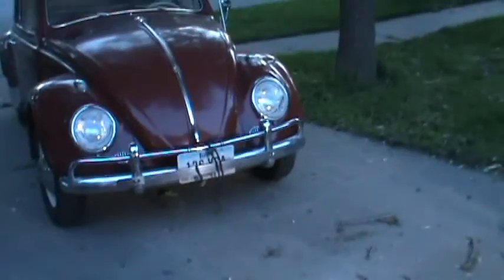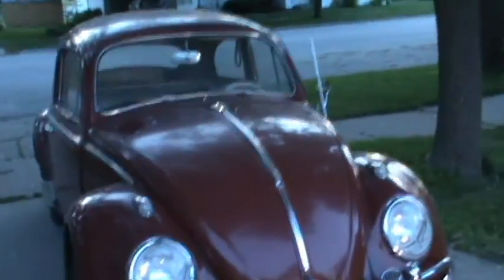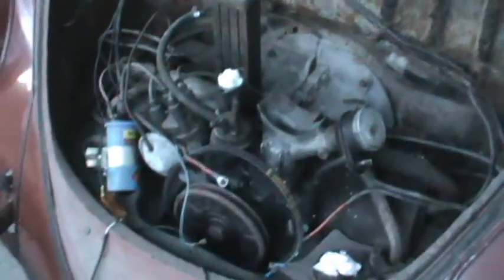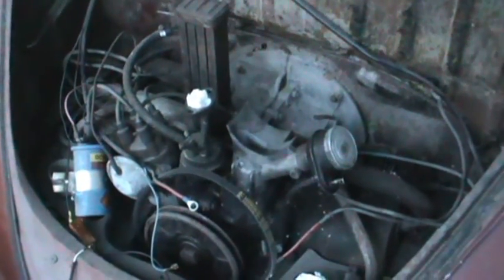So what we're taking to the show is this 63. So we, yeah, kind of running out of time, but we're gonna get there. Been buffing it, and oh yeah, we have some overheating. This oil cooler, let's see if my finger right here, we ordered a new one of those,